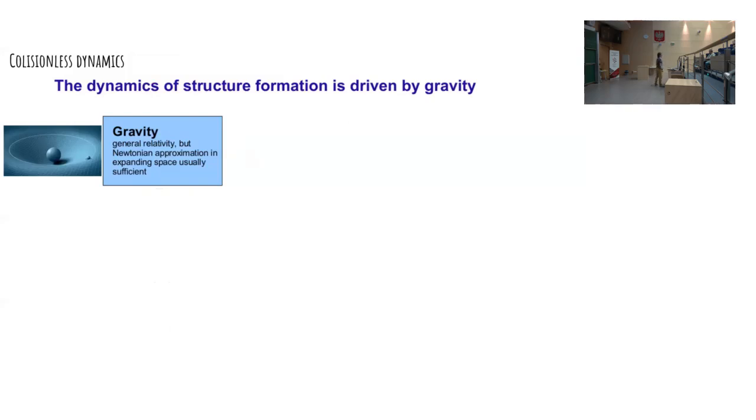Okay, so the dynamics of structure formation, as I think I convinced you, is mostly driven by gravity, and we're going to focus on gravity. So gravity, that's a big thing. Well, we know that gravity is described by general relativity, and we should be smart and solve the general relativity equations. But in the context of large structure, it has been shown many, many times, among others also by GP, but many more different authors, that relativistic corrections to large structure clustering are very, very small. So you don't make a big mistake if you do the non-relativistic approach, which is basically Newtonian gravity